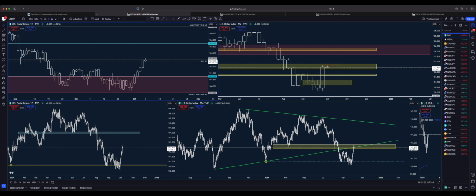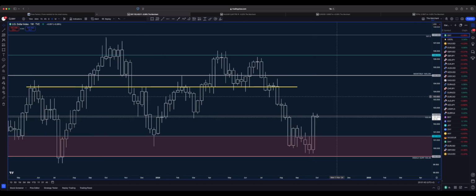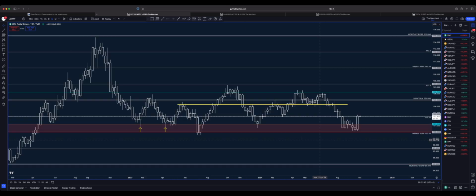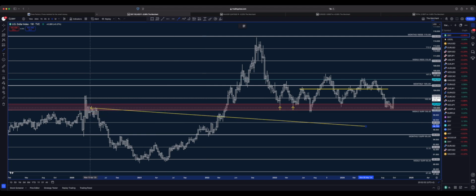Let's start with this chart here, and if we look at it on the weekly time frame, it was very important to see what is happening here, especially at this area, guys. This red area is a very strong area on the monthly time frame where price was showing a rejection since January 2023, and in general even before, price was finding resistance here. Price broke above, came almost to retest, but it didn't, and then came here in January 2023 to retest, and then here in April 2023 to retest, and here in July 2023.